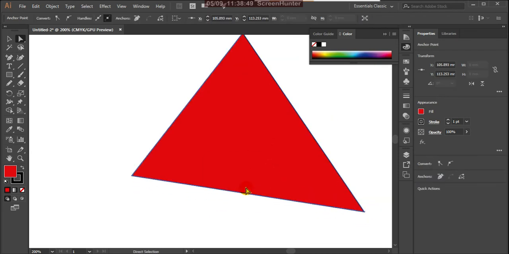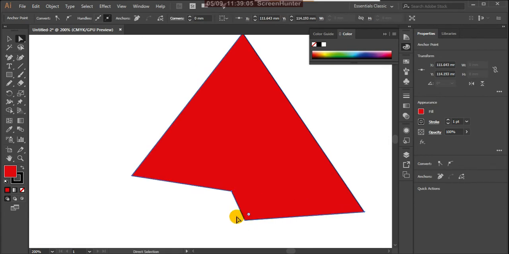I think the anchor point was not added, so I'll give it again. Yes, its points are there. You can select and drag this. See, 2 points added there.